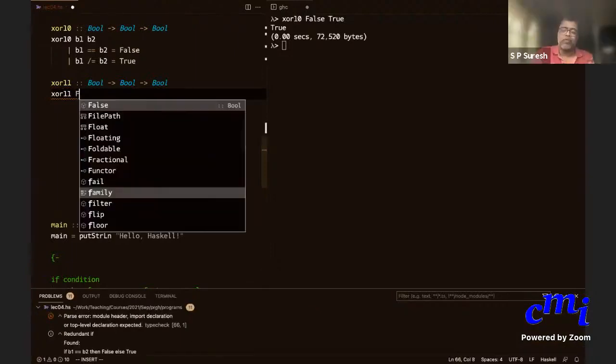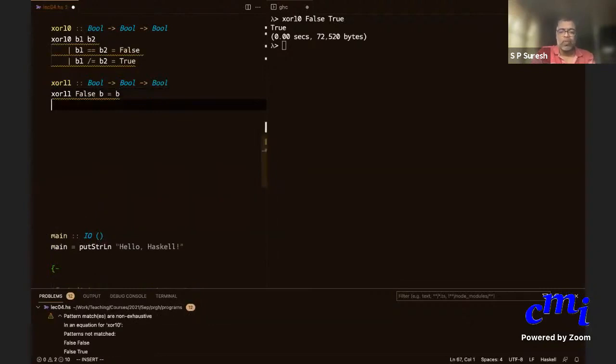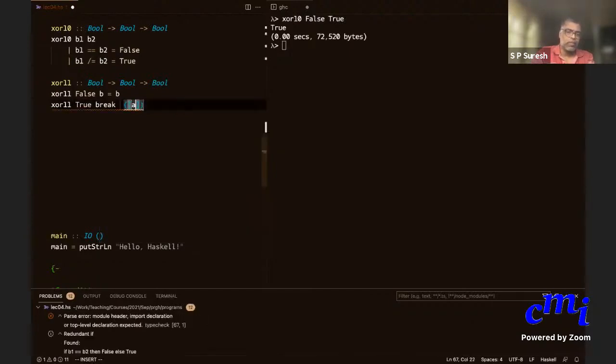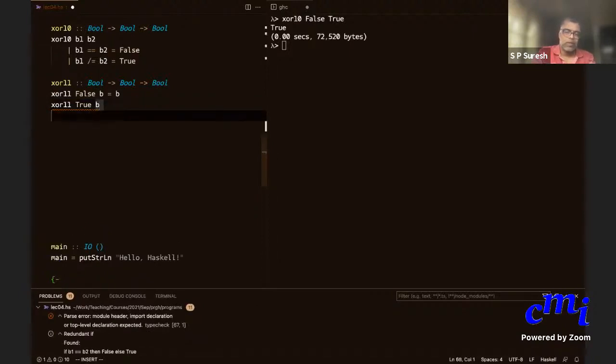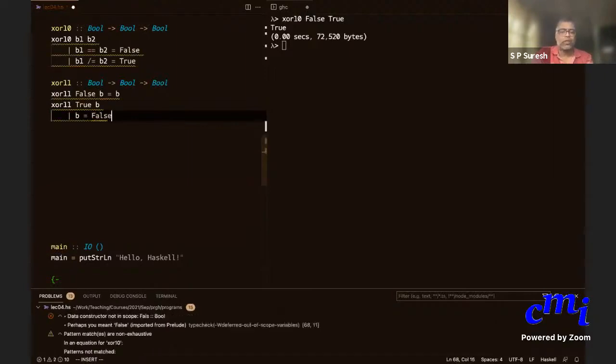So I can do, for instance, this. Here I'm saying false B equals B, while if it is true B, then if B, then give me a false.